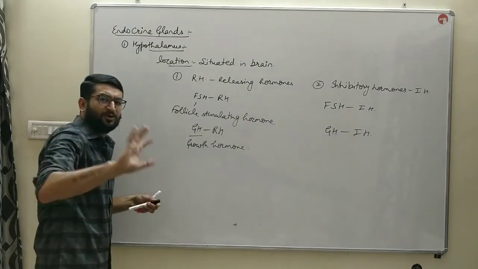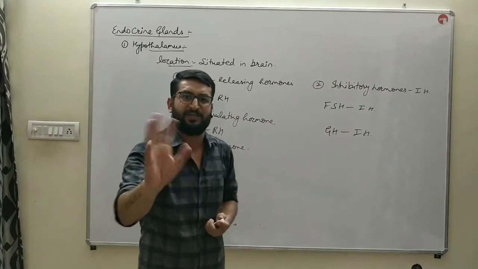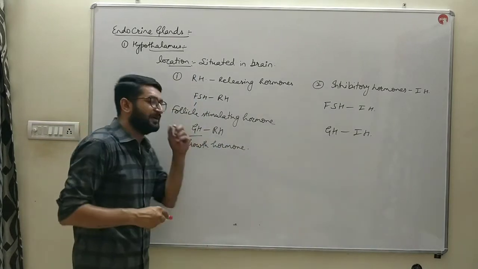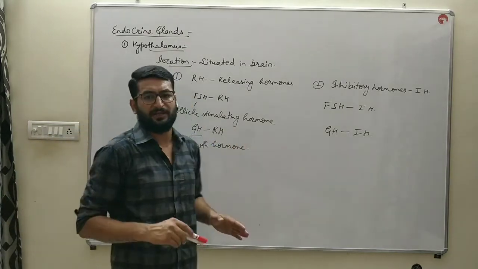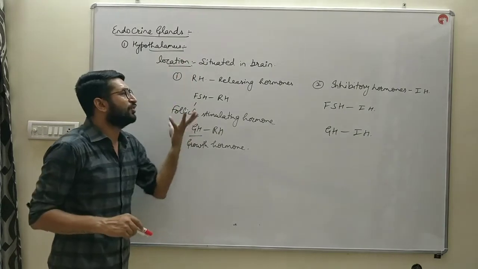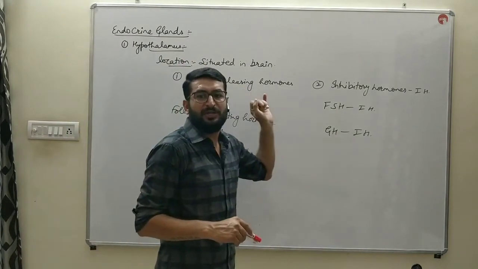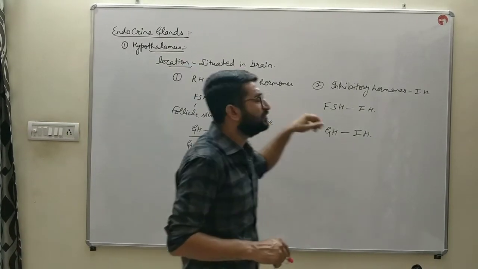कुछ एक पर्टिकुलर एज तक की ग्रोथ होती है, हम बोलते हैं बच्चे आम भाषा में. ऐसा क्यों? क्योंकि ग्रोथ हार्मोन जो है वो एक पर्टिकुलर एज तक रिलीज होता है और एक पर्टिकुलर एज के बाद इसका सिक्रेशन बंद हो जाता है. So these are the two major hormones which are secreted by the hypothalamus, that is releasing hormones and inhibitory